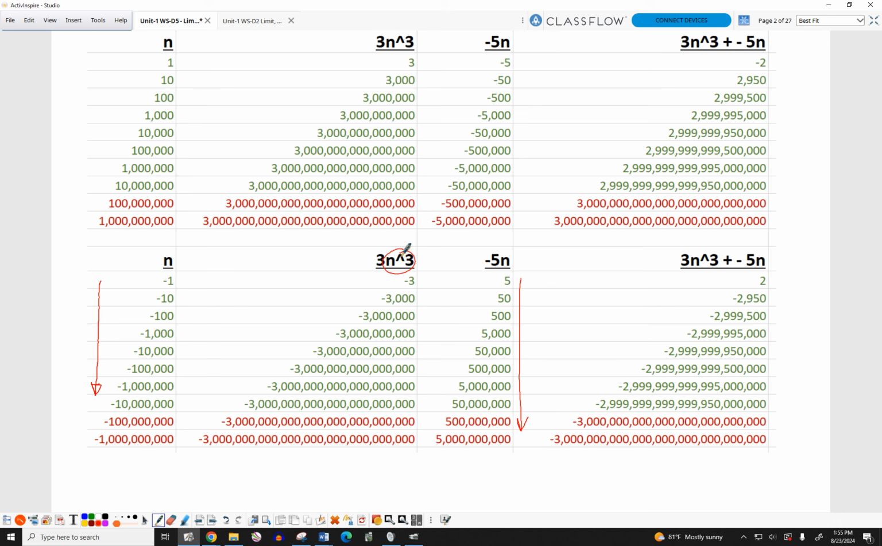Notice here, when x is -1 billion, which compared to an x that grows forever is not very much, look how much bigger the cubed term is than the non-cubed term. That's why we declare the cubed term to be the dominant term, and we can ignore the non-cubed term. Like if you compare over here,